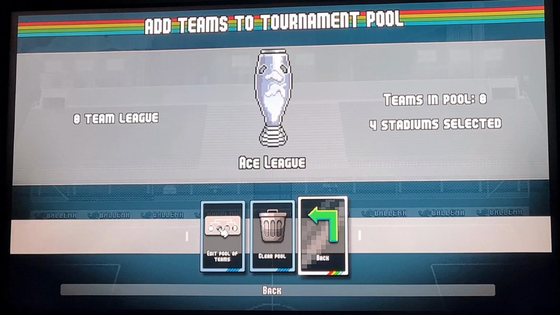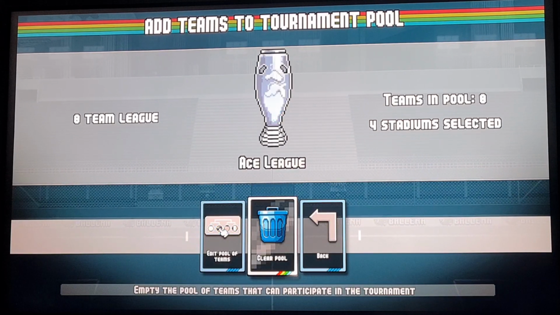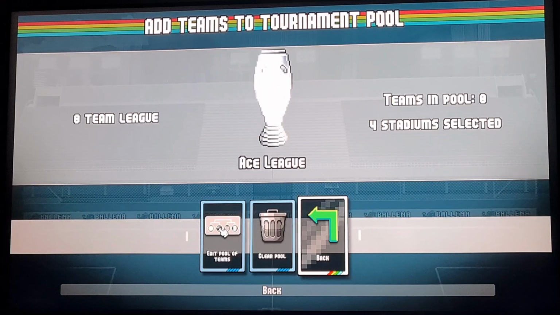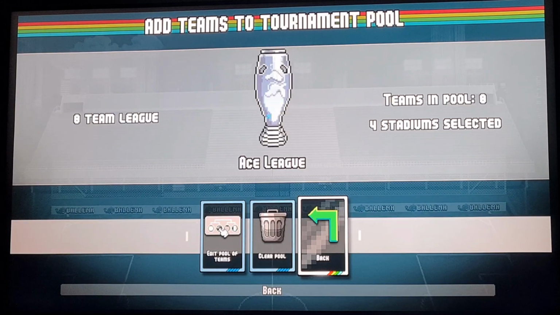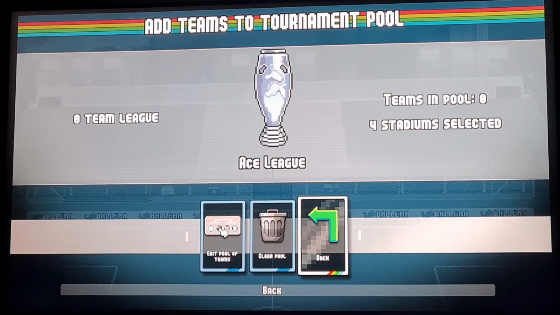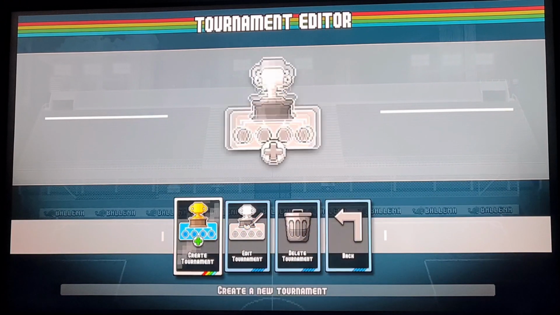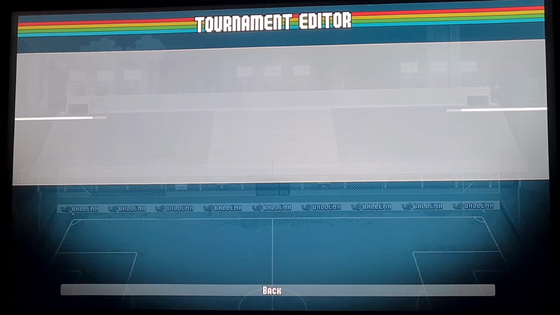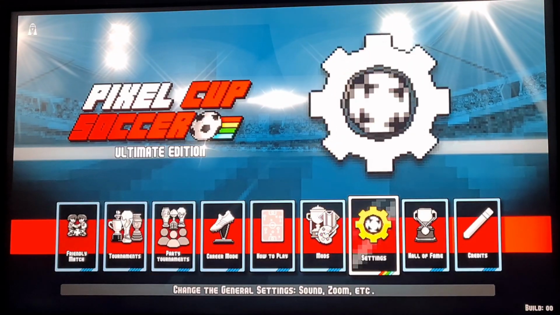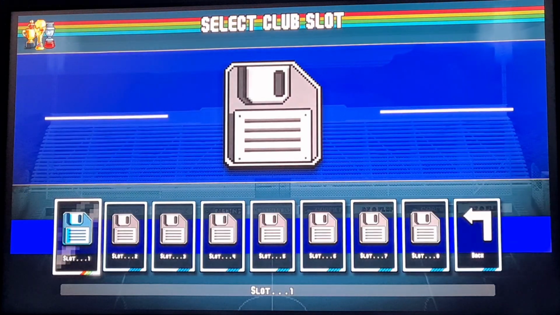So there you go. Modifying and creating a league is a way you can create your own leagues in Pixel Cup Soccer. I highly recommend it. It is really, really good fun. Now, if I go back now, all the way out, all the way out, and now I want to actually start a new tournament, I can go in and say tournament in there,